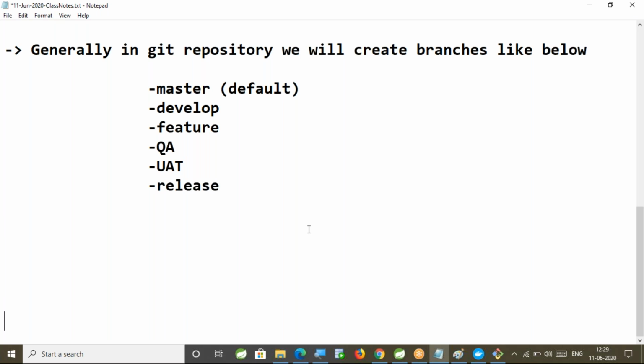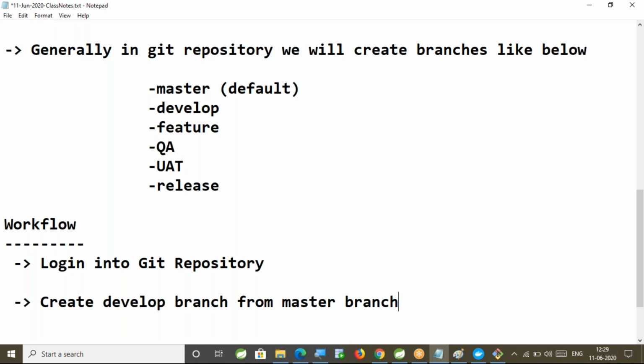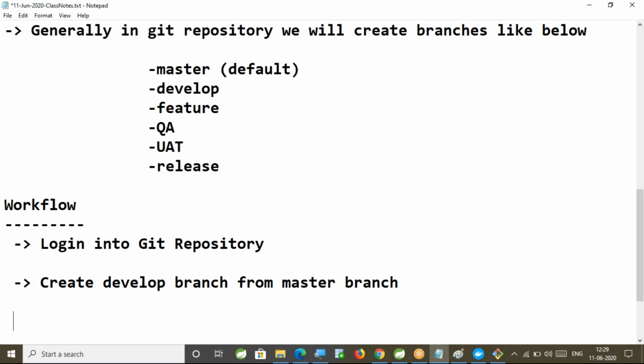Right. Now, after creating a branch, the workflow is: login into the Git repository, create the develop branch from the master branch.